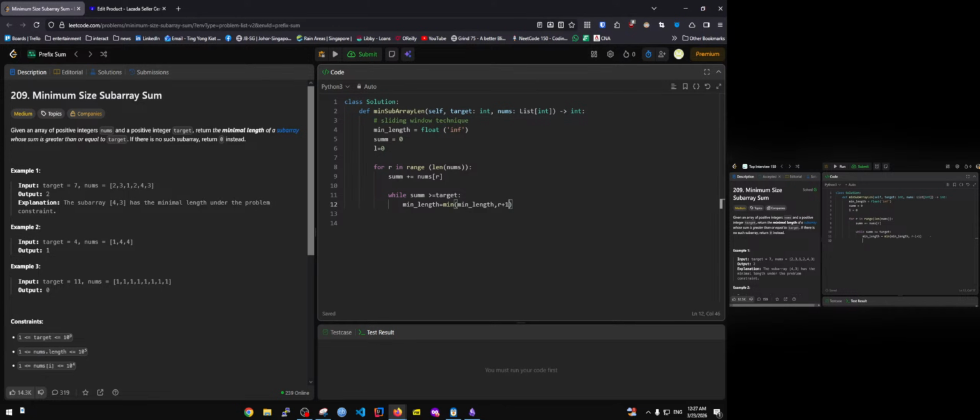And so before we can move L forward, we need to lose that value we're going to lose. So sum is going to go down by nums at L, taking it out of the window, and we need to move L forward. So this is going to keep running while that window is valid. We'll just keep finding better ones as long as we can. And then when we get out, we will no longer be hitting that constraint, and R is going to work to try and find that again. After that is all done, that will be done in O of n time because L and R just go through the array, and we can go ahead and return our